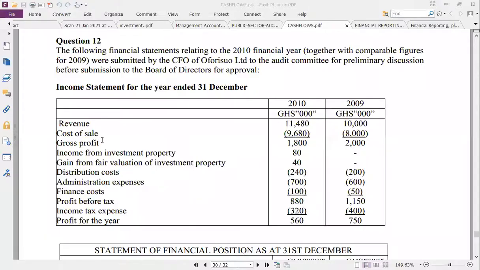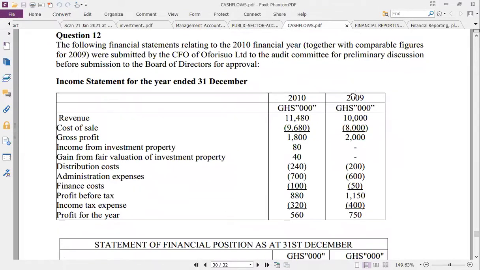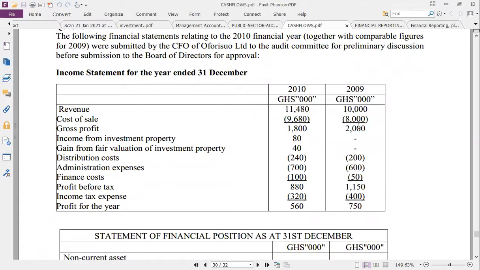We are doing this so that you have confidence about the question that you are solving, so that if you don't touch any figure, you still have them. Now, you can see 2010 and 2009. There's the income statement. You don't need to touch any figure in 2009 for the income statement. If you touch it, you're off track, definitely, because all these figures are not balances. They are consumption during the year. It's for that particular year.